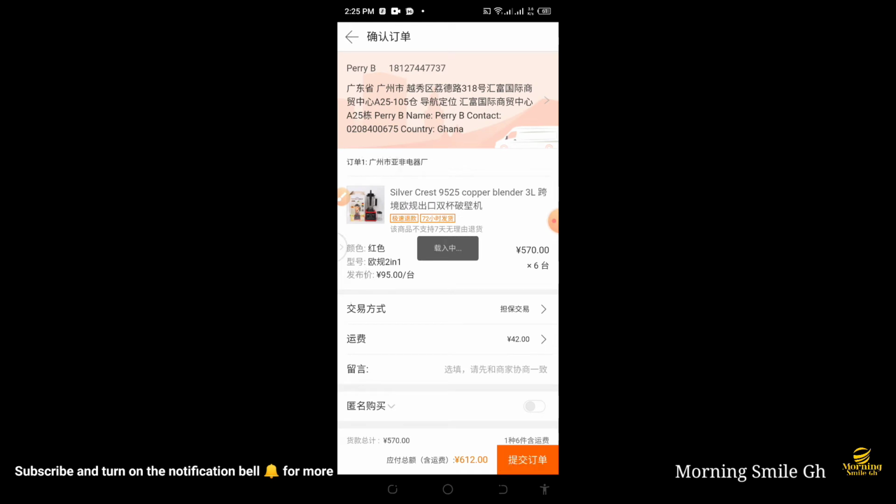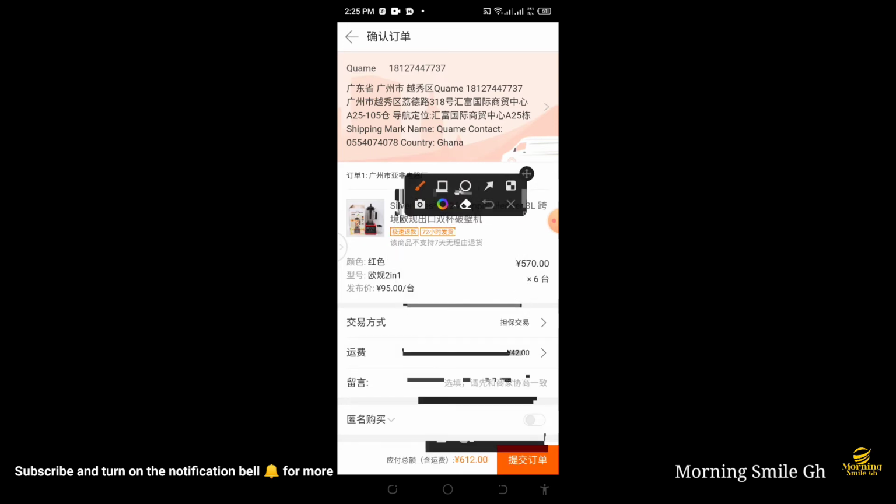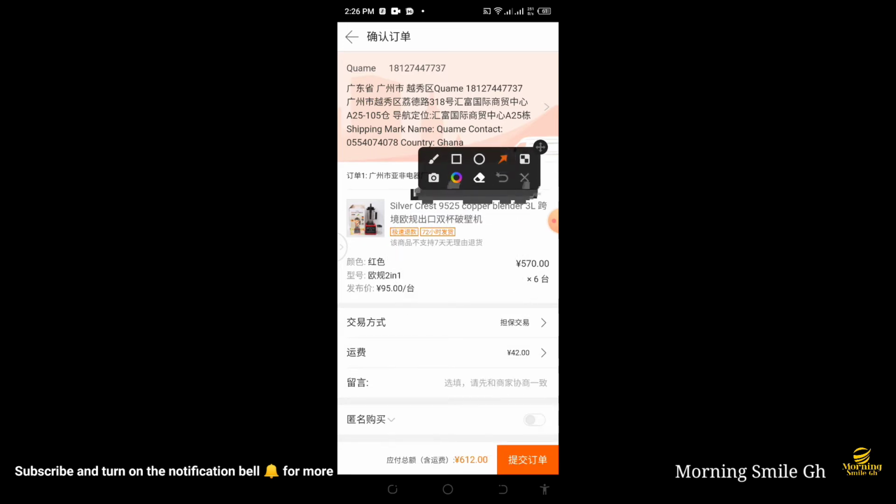So automatically you see that this side changes to the friend or the person I want to order for, with his warehouse address, his choice of warehouse address that I want to order for. So upon getting to this part, what are we supposed to do? We are now left with making the payment, which is